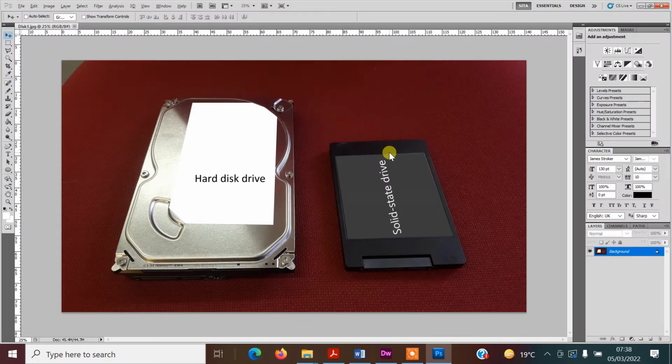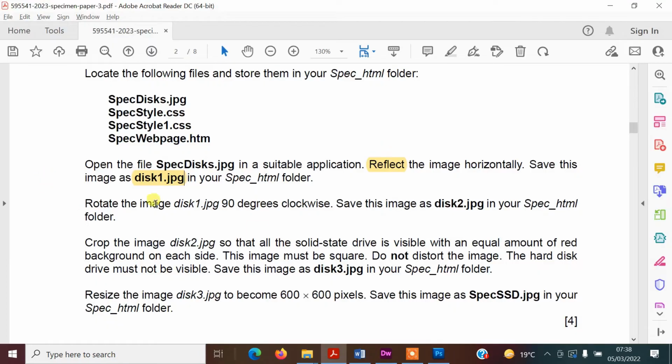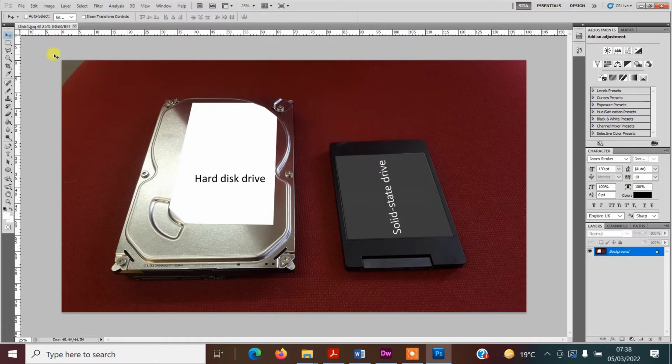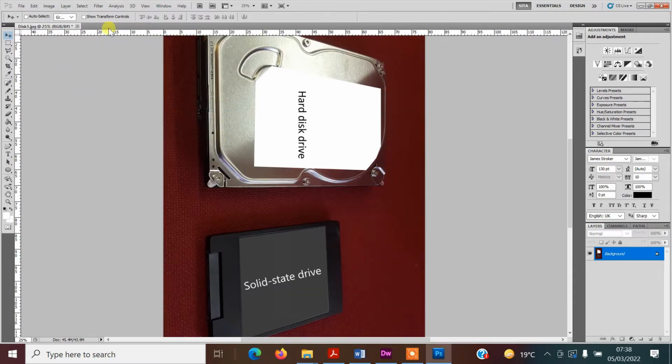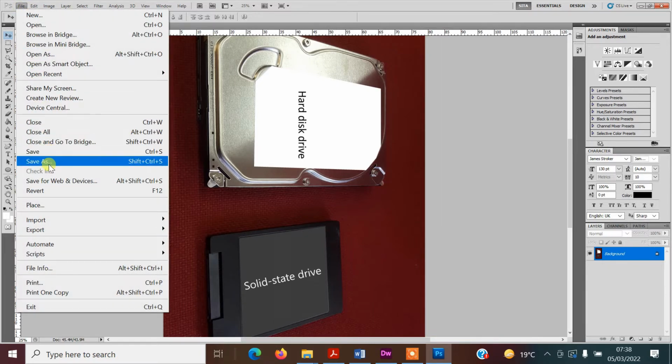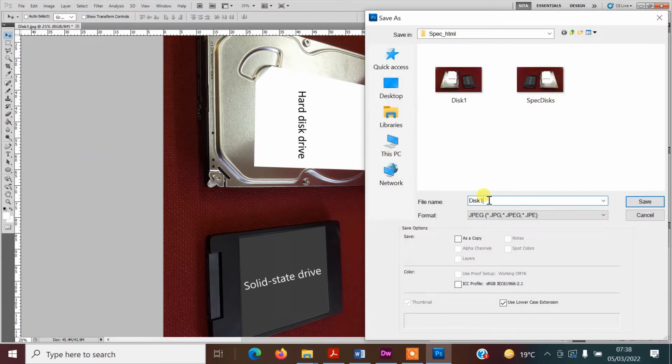So let's go back to the question and see what else they want us to do. It says to rotate the image disk 1 90 degrees clockwise, and then save that as disk2.jpg. So let's go back and do that. So again, in image and image rotation, it was 90 degrees clockwise. As you can see, in Photoshop it's pretty straightforward to find those two features. So we're going to rotate it like this, and then we want to save that as disk 2 in the same folder,